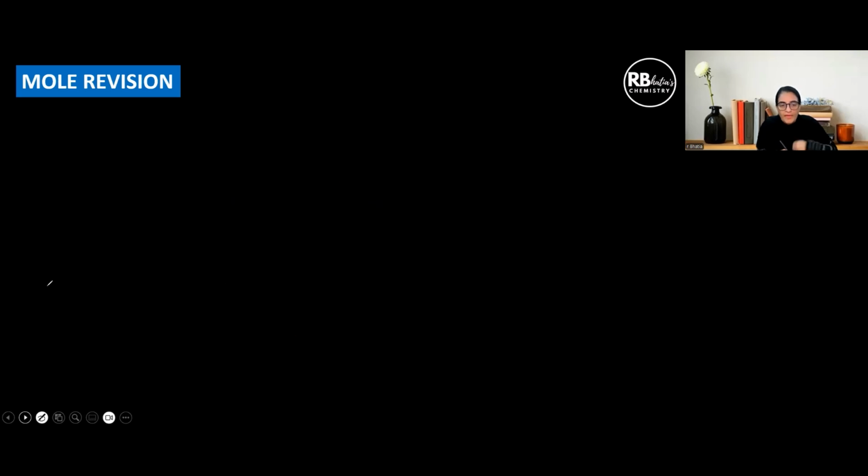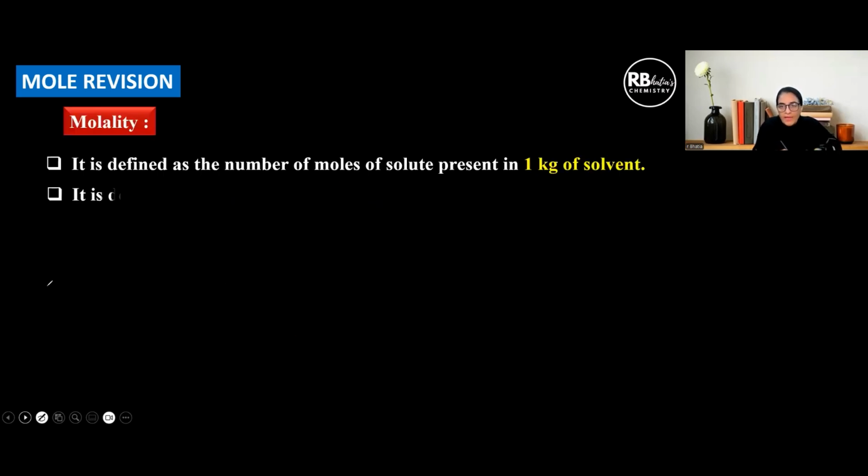We move on to molality. Molality is defined as the number of moles of solute present in 1 kg of solvent. So it is very important to understand that molarity was the number of moles of solute in 1 liter of solution, but molality is per 1 kg of solvent. It is denoted by small m,